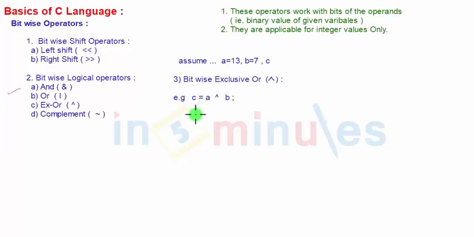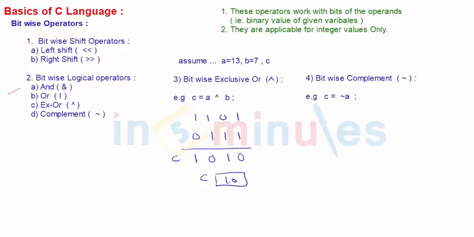Now in this case again, A is 13, so it is 1101, and B is 7, which is actually 111, written as 0111. Now when you do the exclusive ORing of the bits, if the bits are same, the answer is 0, and if the bits are different, the answer is 1. So again, same, it is 0, different, the answer is 1. So this will be the answer stored in C, and C will have the value 8 plus 2, that is 10. So that is exclusive OR. Bits are same, answer is 0.